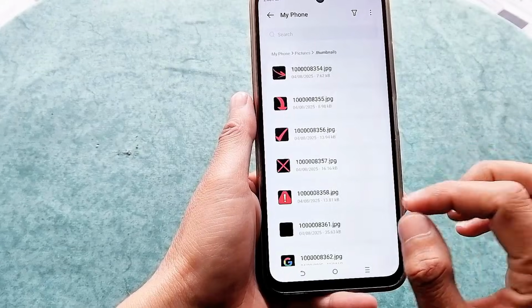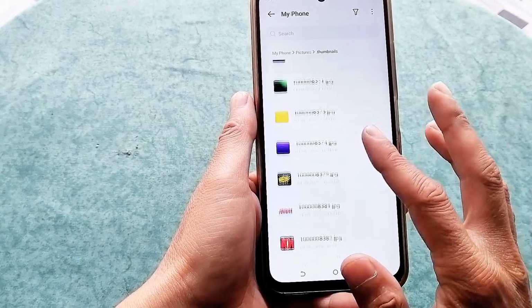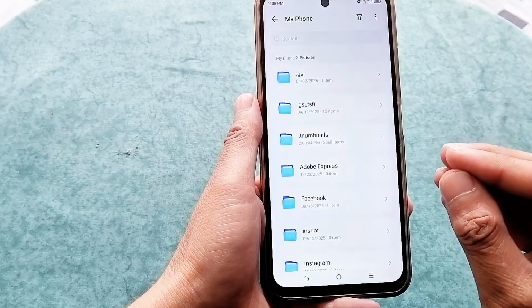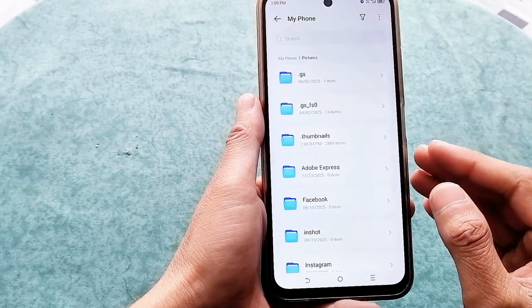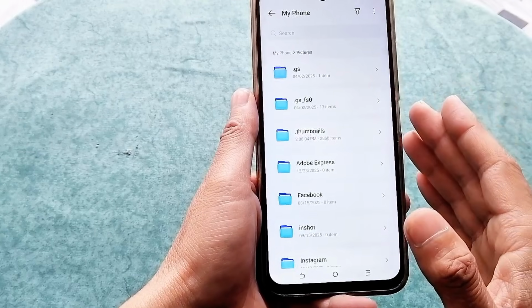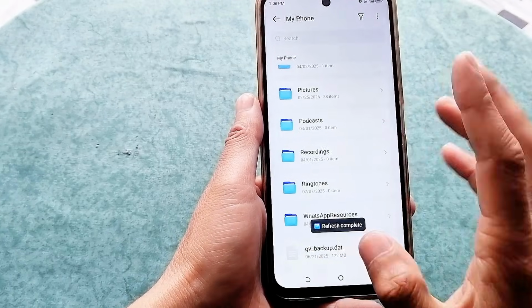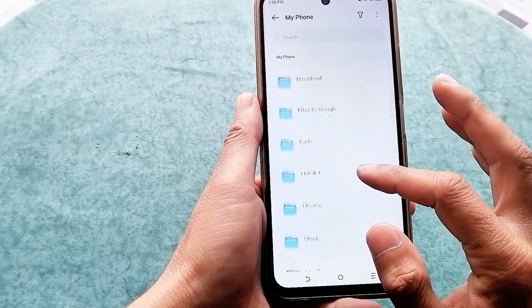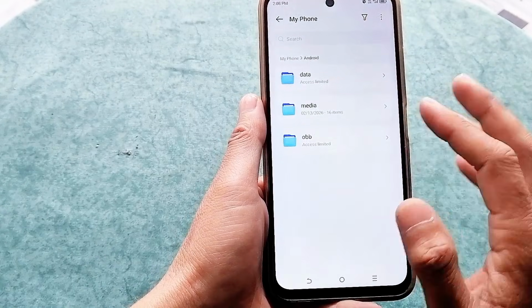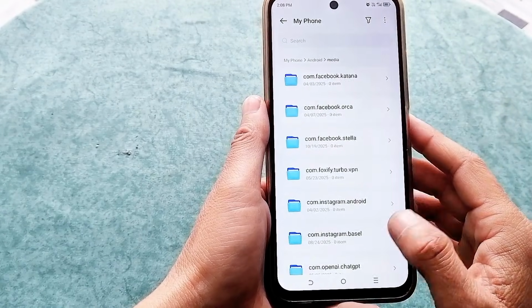Now let's clean another secret storage eater. WhatsApp duplicates. When you send photos or videos on WhatsApp, your phone keeps extra copies. Over time, these copies become huge. Go back, open Android, then Media, tap com.whatsapp,